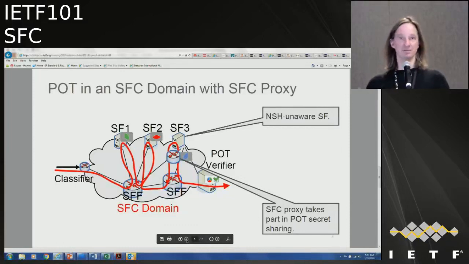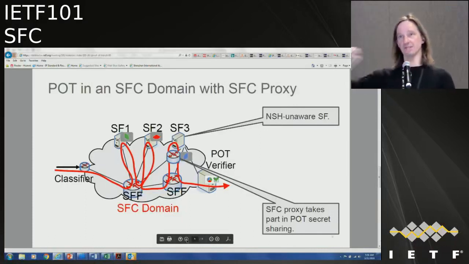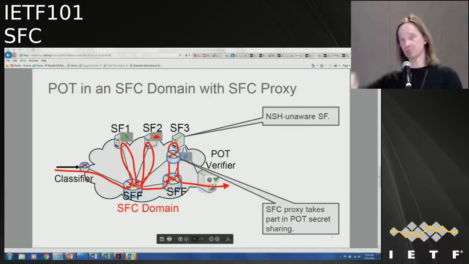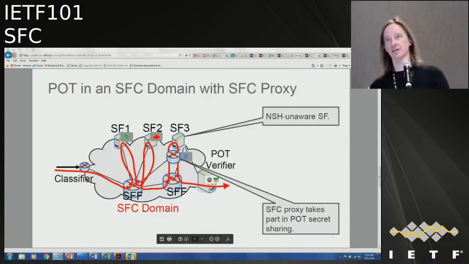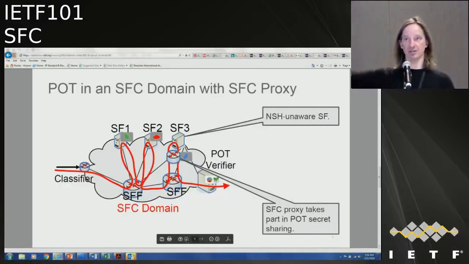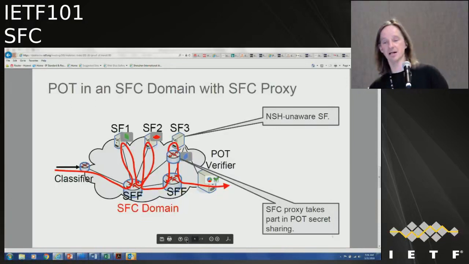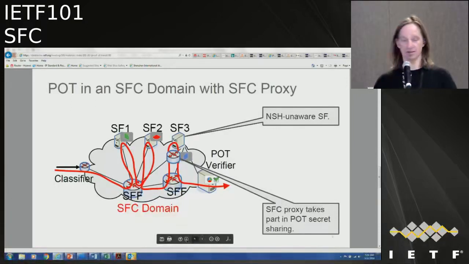That is a bit of a difficult operation because we would need to cache the POT metadata for the time that the traffic traverses the SF and comes back, and then reapply it. It's doable. We've done IOM caching, and there is open source code on that for another use case, where we hand the packet to the application. When it comes back, we reapply the metadata. It's a use case, and we can document that as part of the draft.